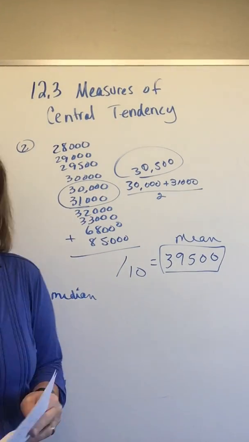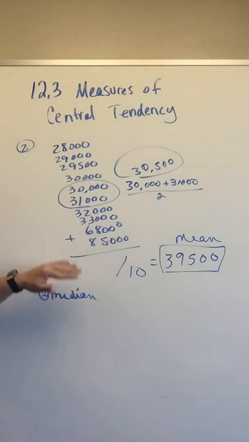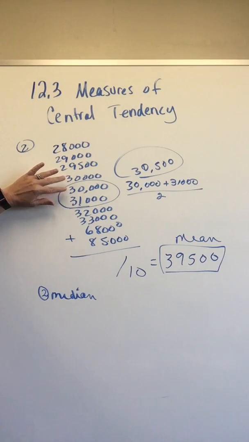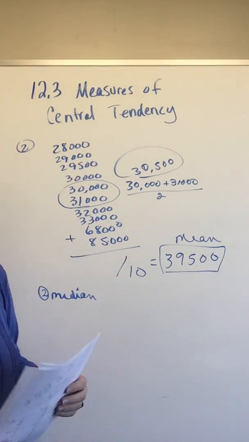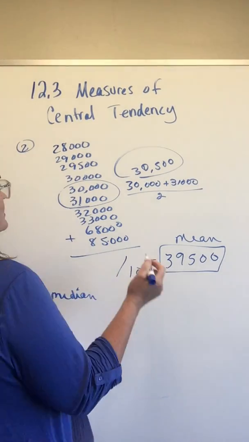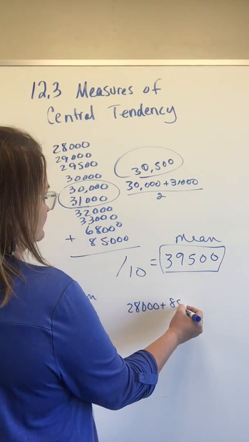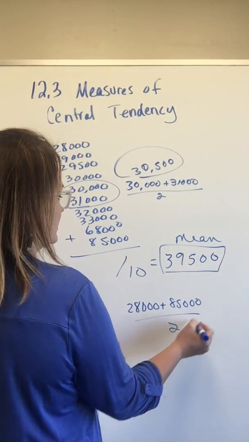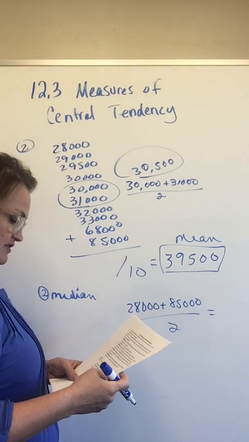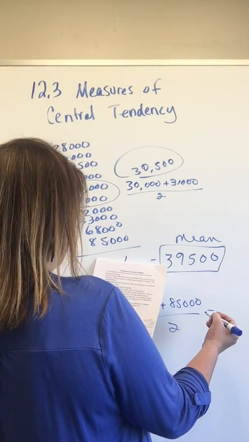Your mode is the one that occurs the most. This one does have a mode, not by much. There's 2 30,000s though, so that would be our most common number. So the mode is 30,000. And then the mid-range, the last average, is to add the extremes, 28,000 and 85,000, and divide by 2. So find the mean of the extremes, and that answer should be